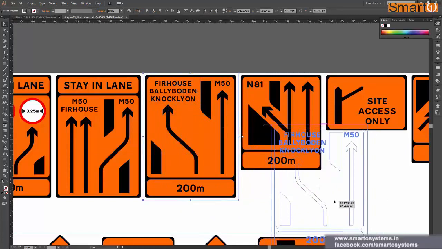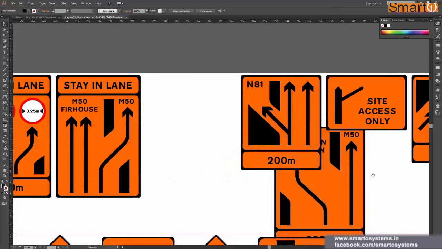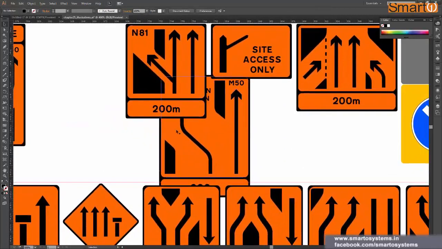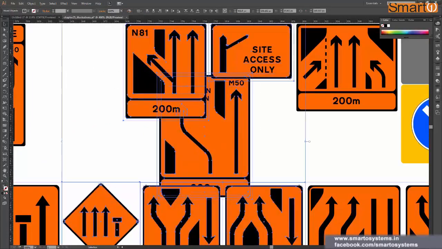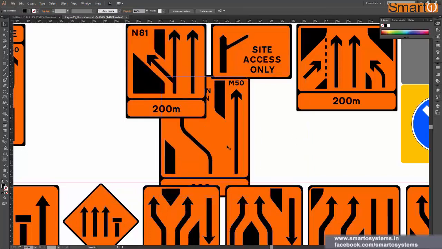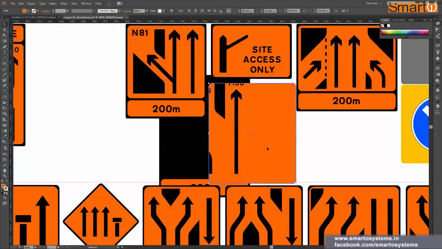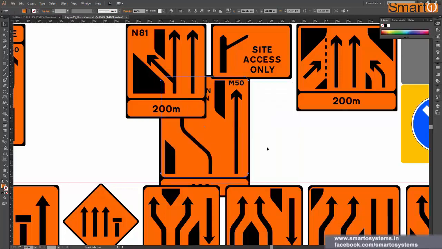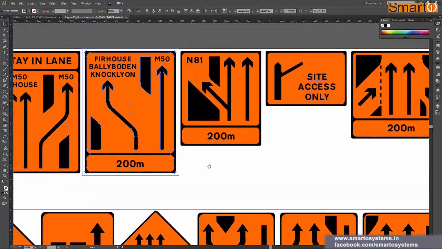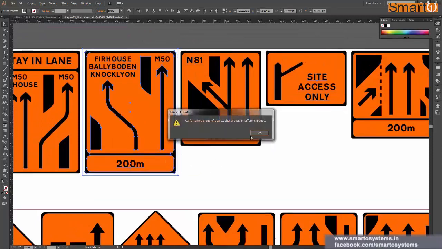And let's say somewhere here I misplaced it. Now again I want to move it. It will be really hard for me to select this whole shape because it will include other shapes too. At this time, if this had been a group, I could have just clicked and moved it, and things would have been a lot easier. So let us just undo right now and group this together.